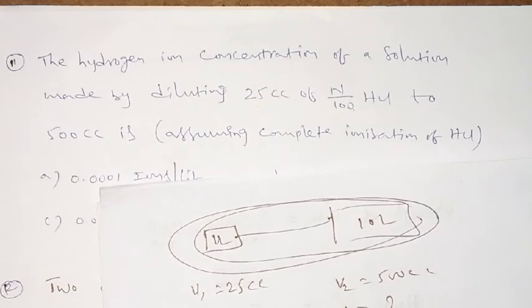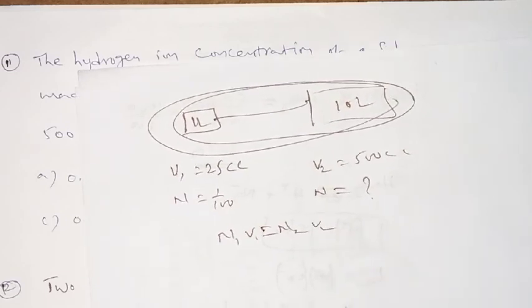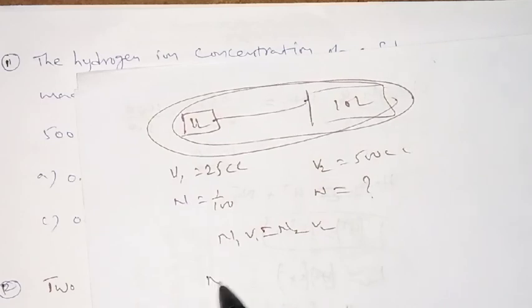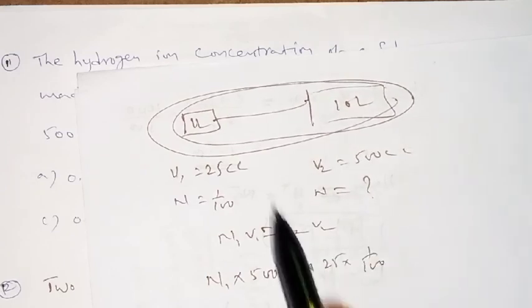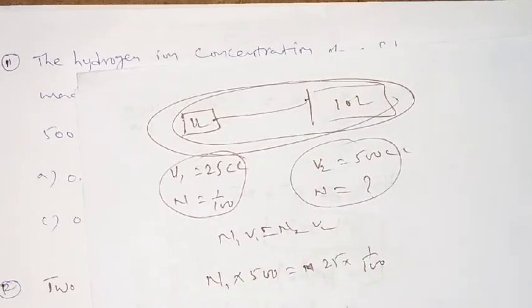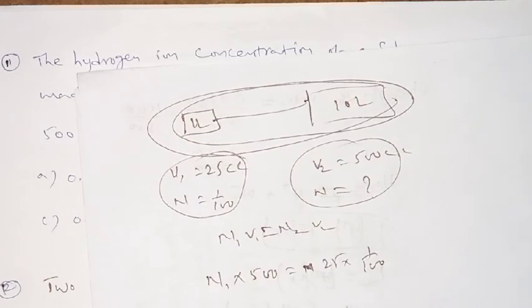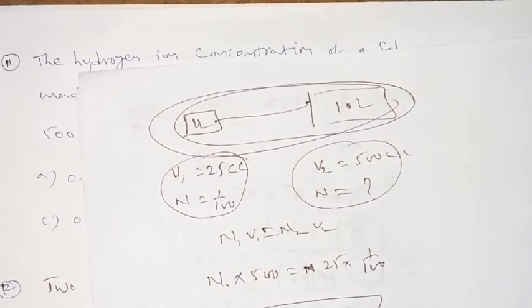Very simple formula. What is the formula? N1 V1 equals N2 V2. This is the very simplest formula, simplest model. Remember that. In this, many difficult models are there. In the next video lecture we will discuss. Is it okay? Now N1 into 500 equals N2 into... that means here 25 into 1 by 100. So these two multiplications equal these two multiplications. N1 V1 equals N2 V2. Then if you simplify, N2 equals 0.0005. That means H plus equals 0.0005 mole per liter. Otherwise in this case it is ions only. That is why ion per liter also we can take.